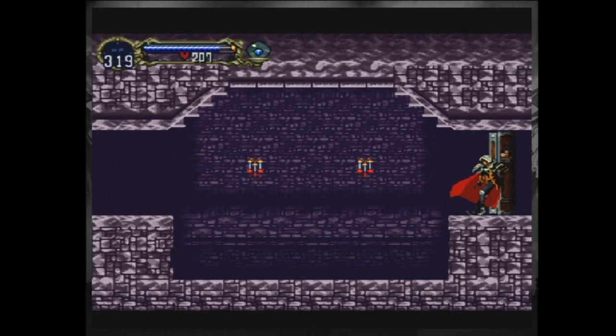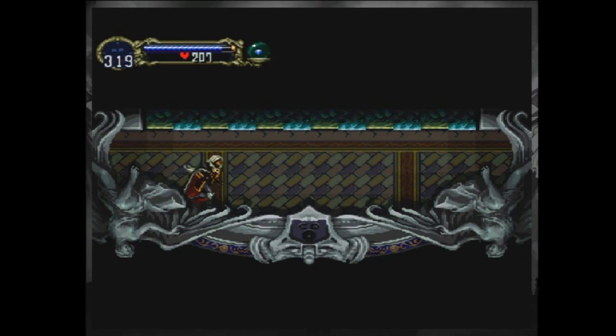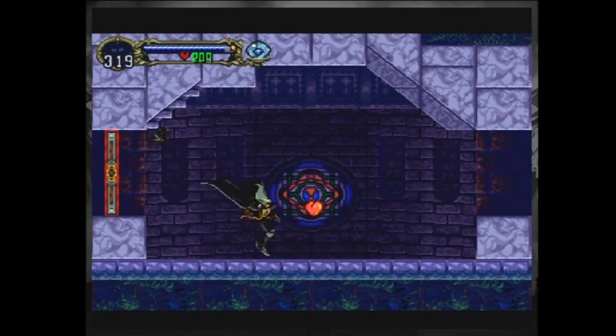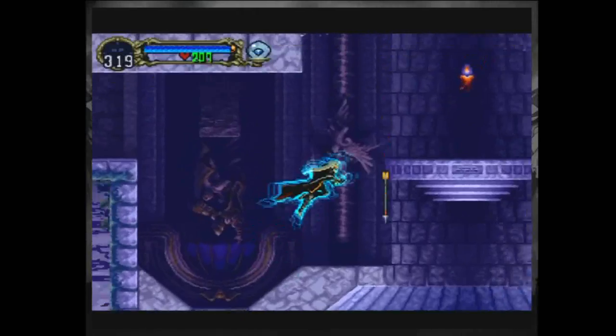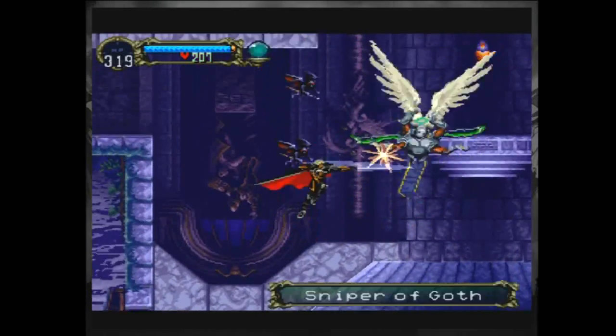This is an entrance to a different area that I don't want to go to just yet. This is Reverse Alucard's quarters. Don't want to go there just yet. We'll be going there eventually, though. For now...